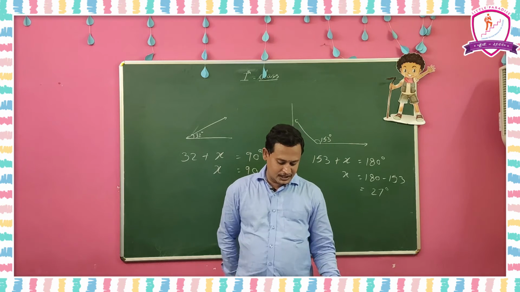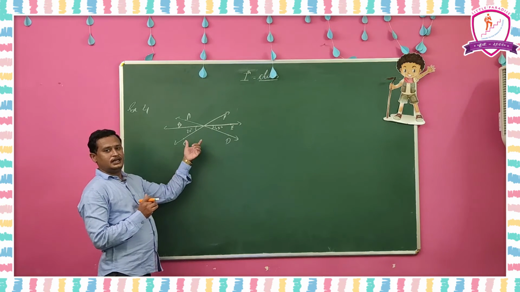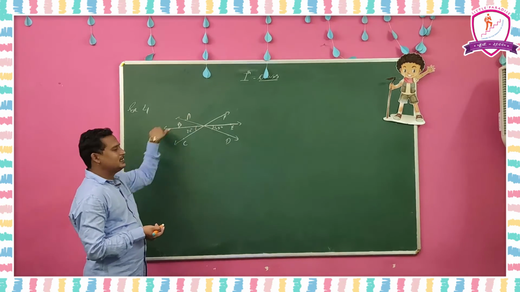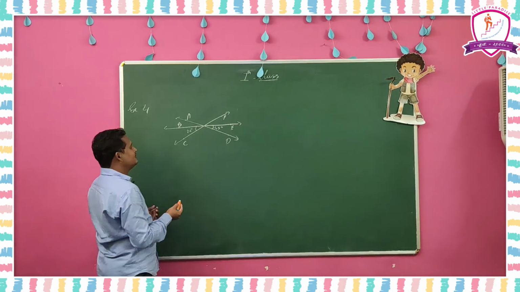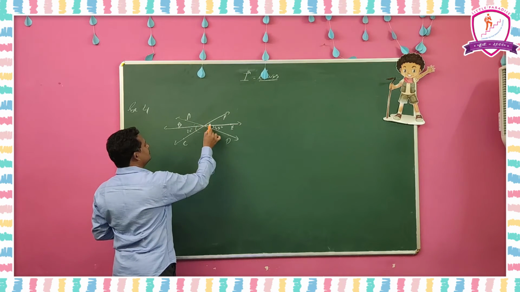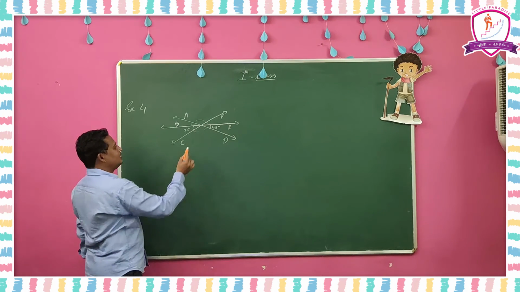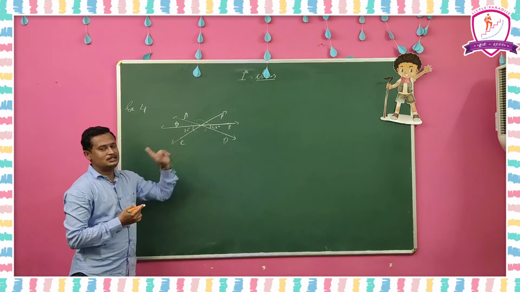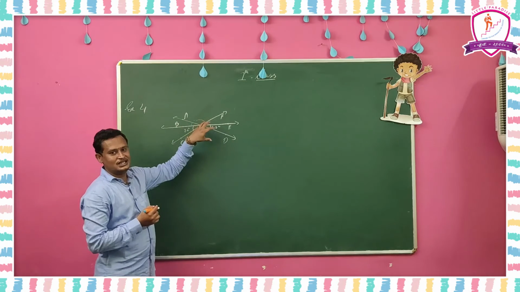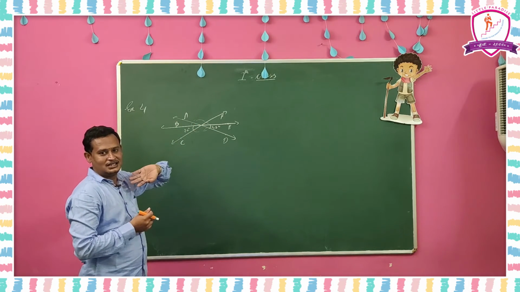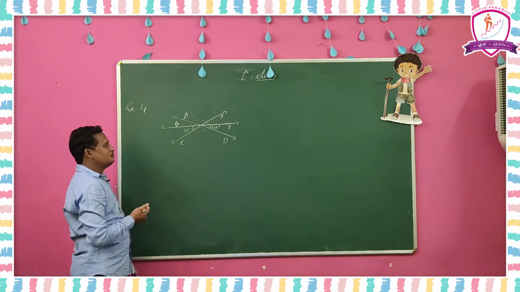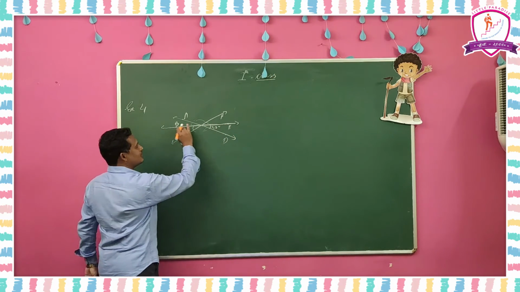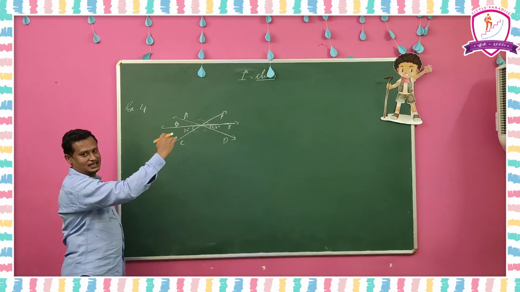And next, observe this figure. There are two angles only given, so we have to find the remaining angles. What angles are here? 1, 2, 3, 4. Actually here 1, 2, 3, 4, 5, 6 angles are there. Only 2 angles are given. With the use of these 2 angles, we have to find the remaining angles. How can we find them? First observe here, this is a straight line. The middle straight line BE is a straight line.